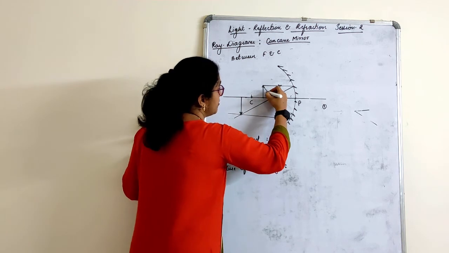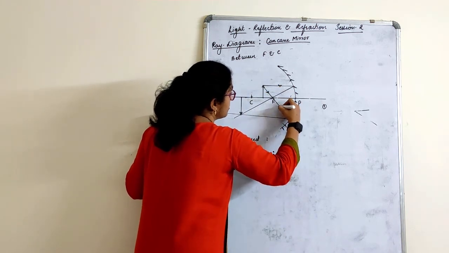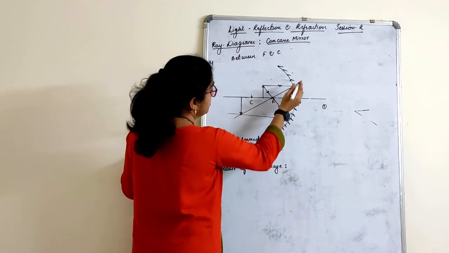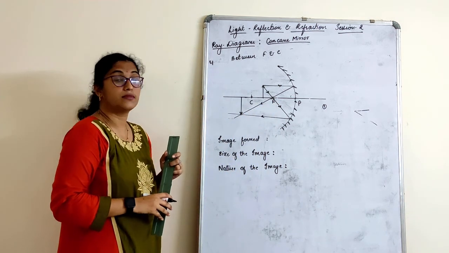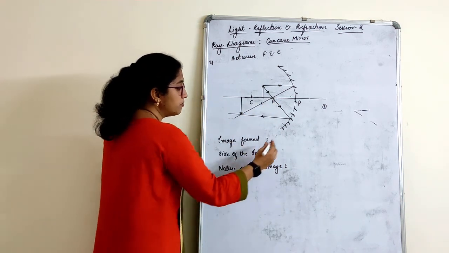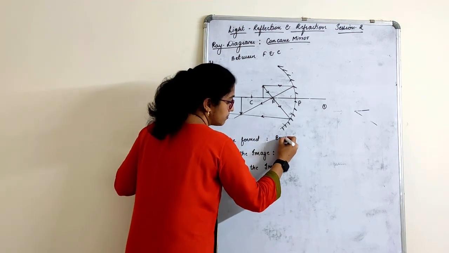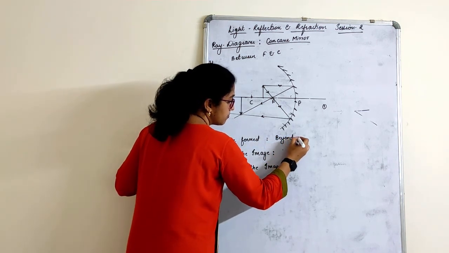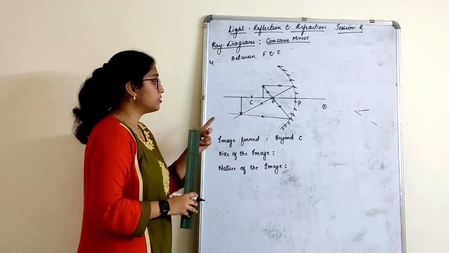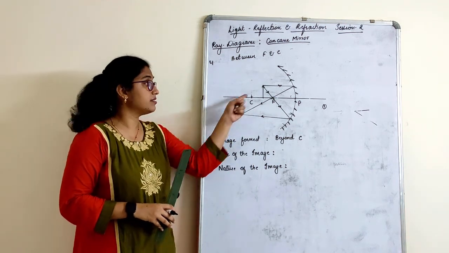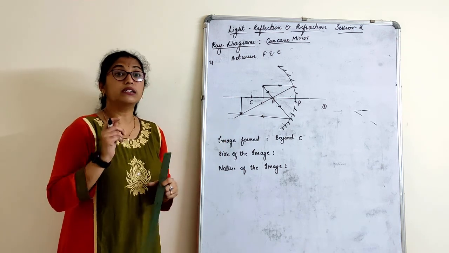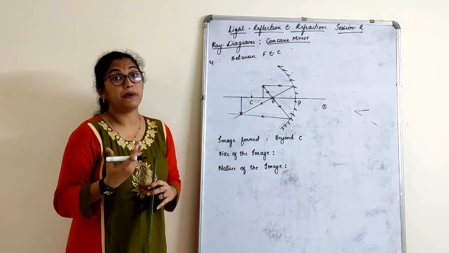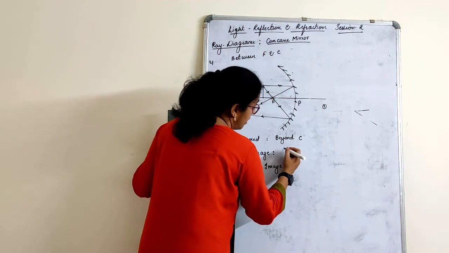So rays, children. Yes. Very, very important. Okay. Where is the image formed? Beyond C. Size of the image, what do you feel looking at the size? Is it the same as this? No, it is bigger than that. We use certain words. You can't tell it, the image is big. No. Enlarged.